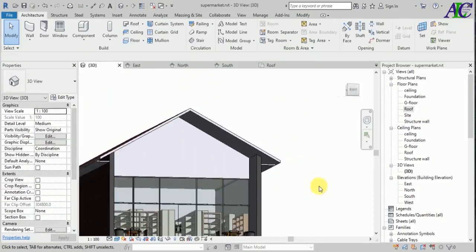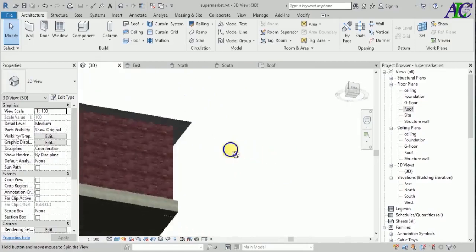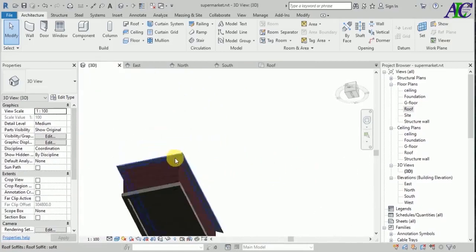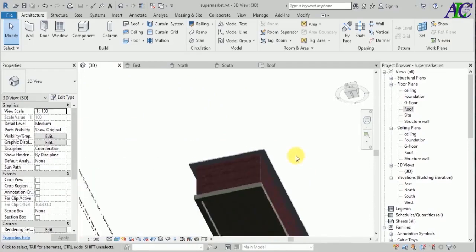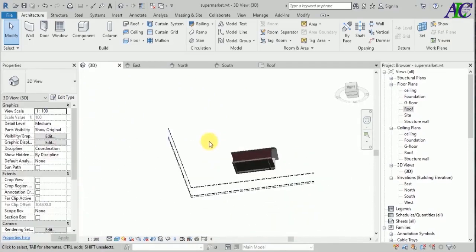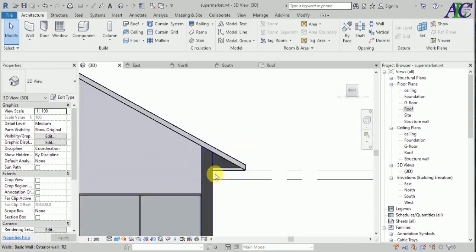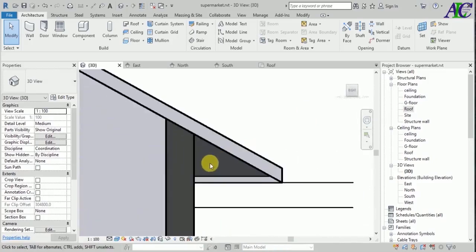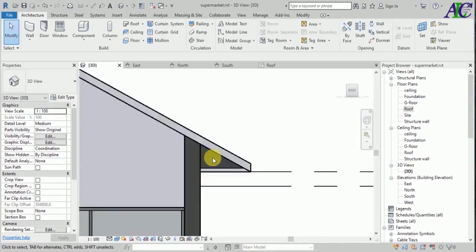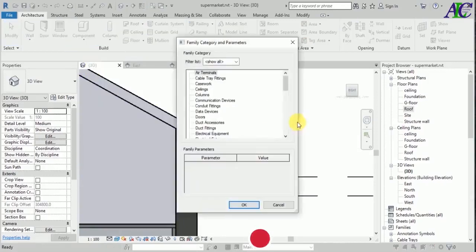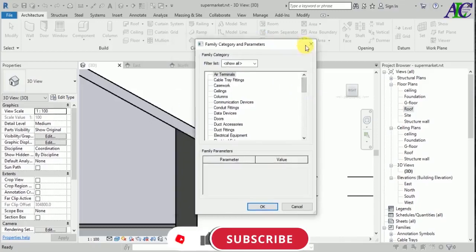So in here this still looks good. As you can see, in here we see a gap, so we need to close this. So for this, let's go to model and place something, create something, a wall, or